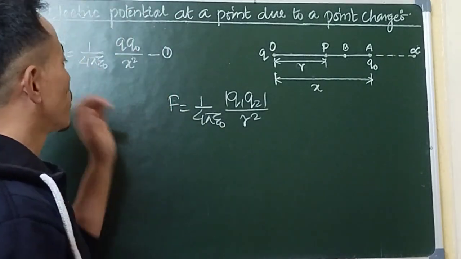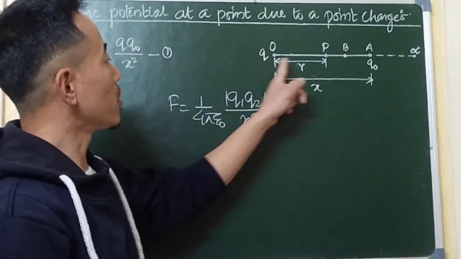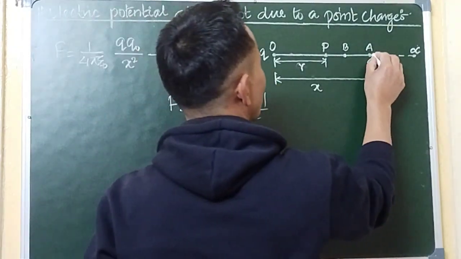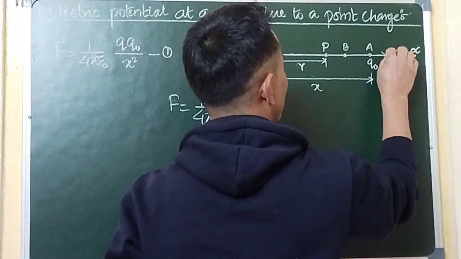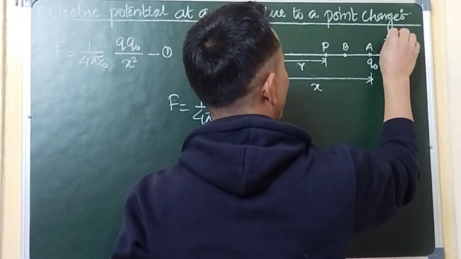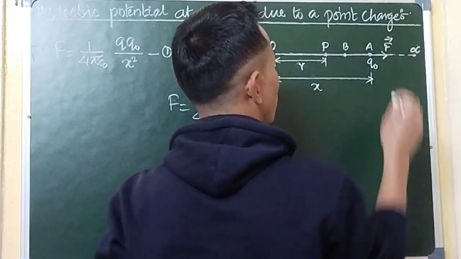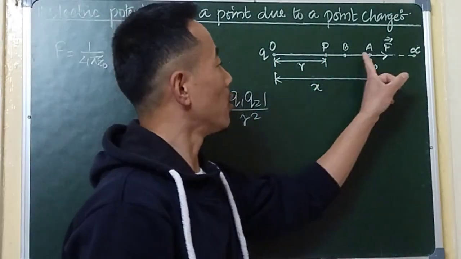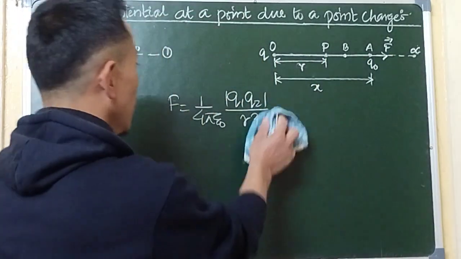Now the direction of this force: since this charge is positive, and this test charge is also positive, the direction of this force will be along this side. A repulsive force will be exerted on the charge Q0, because we know positive repels positive. So this force will be along this direction. Now,